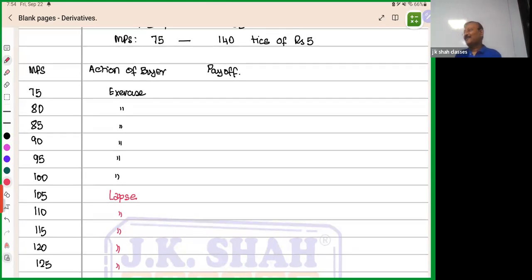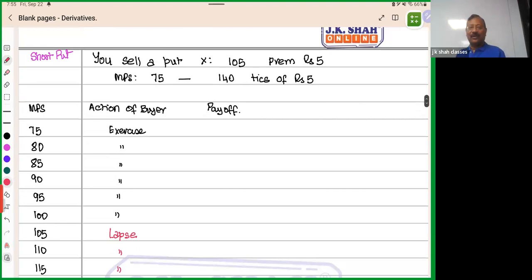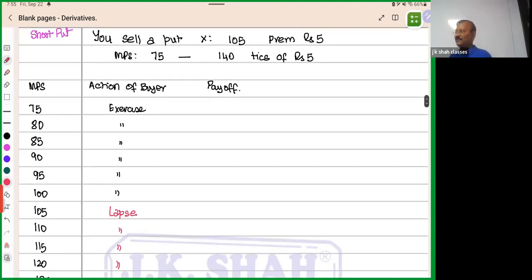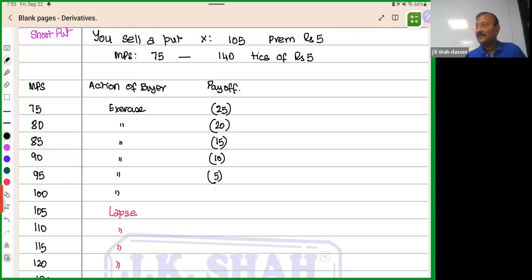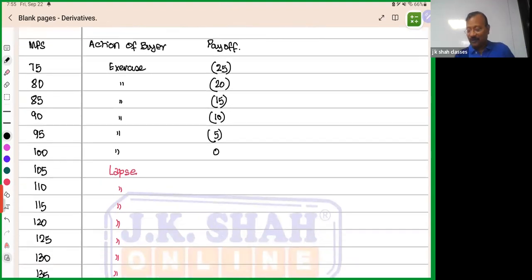so at 75, will you have a profit or a loss? You are a seller. You will have a loss. Loss of how much? 105 minus 75, 30. Minus, you received a premium, no? So 25. Then 20. This is loss, right? 15. 10. 5. Here, 0. And at 105, profit of